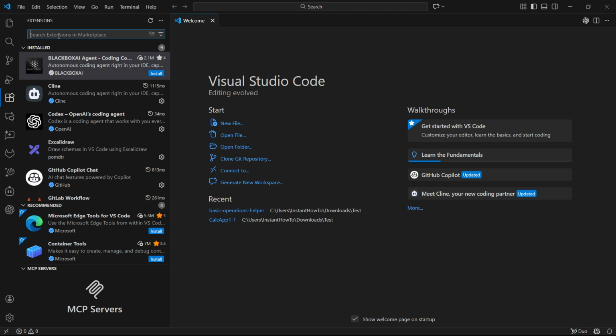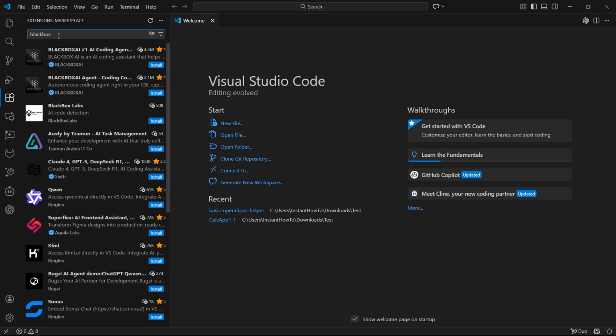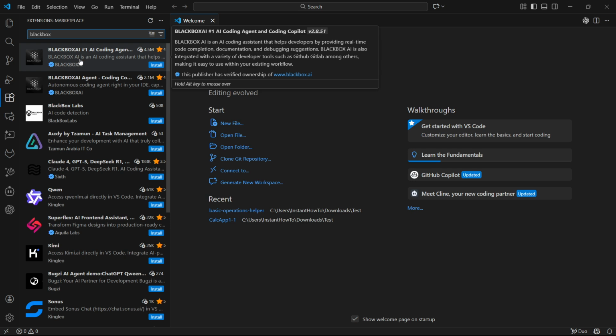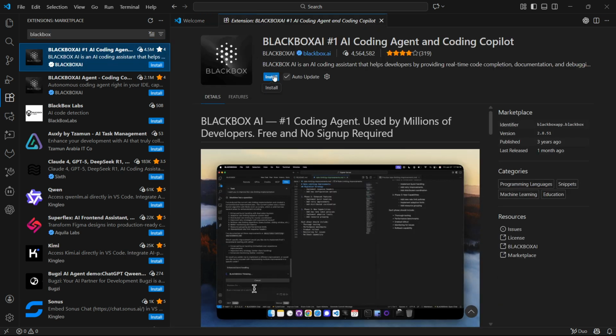In here, you want to look for Blackbox, so type in Blackbox like this and press Enter, and it's going to find a bunch of different things, and the first one is the one that's verified, so you want to click on it, and then here it's going to say Install, so there's going to be like a blue button. Click on it, and it's going to start installing, and this usually takes like a few seconds up to a